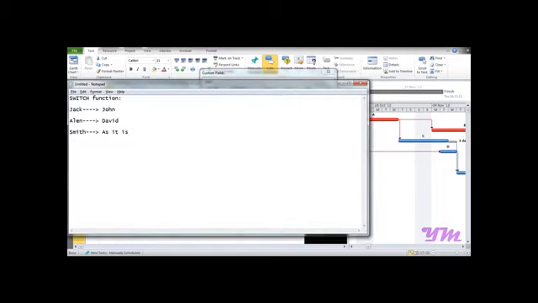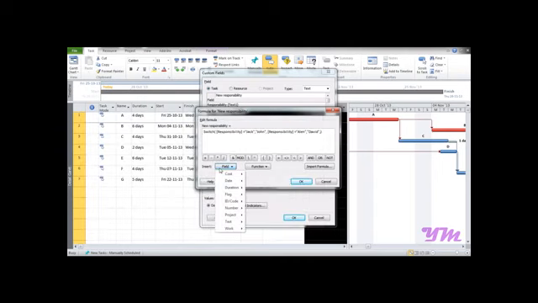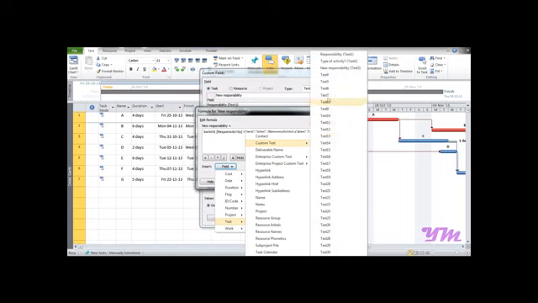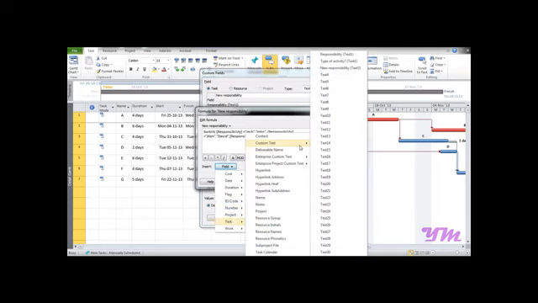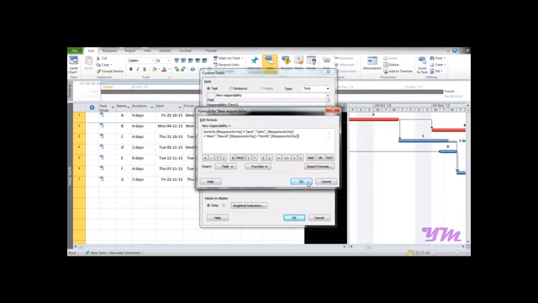While as we saw in the third case, wherever there is Smith, we want to keep Smith as it is. So now we can add an expression, text, custom text, responsibility, we can note equal to, double inverted commas, wherever there is Smith, we want it as it is. So one way is to write Smith, comma, double inverted commas Smith, but it's not a practical way. So we would write Smith, comma, and again add a field responsibility over here. So basically wherever there is Smith in the responsibility column, it would keep the same as it is. So we select responsibility over here and press OK,